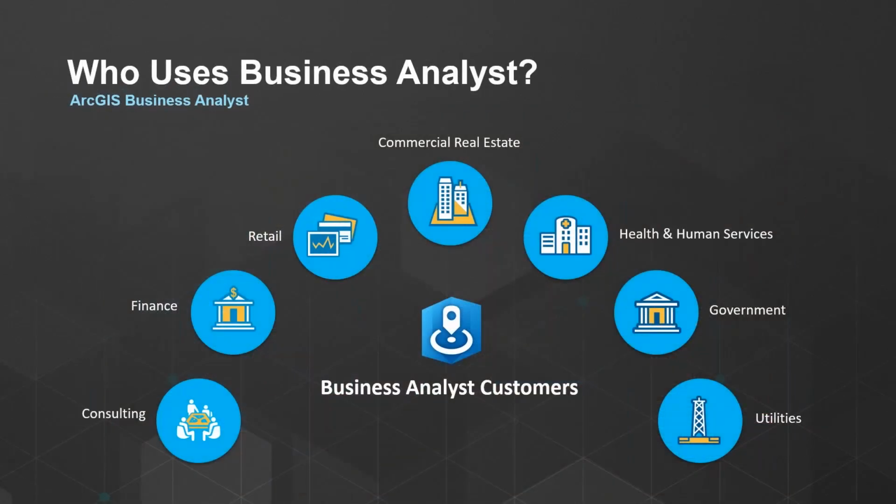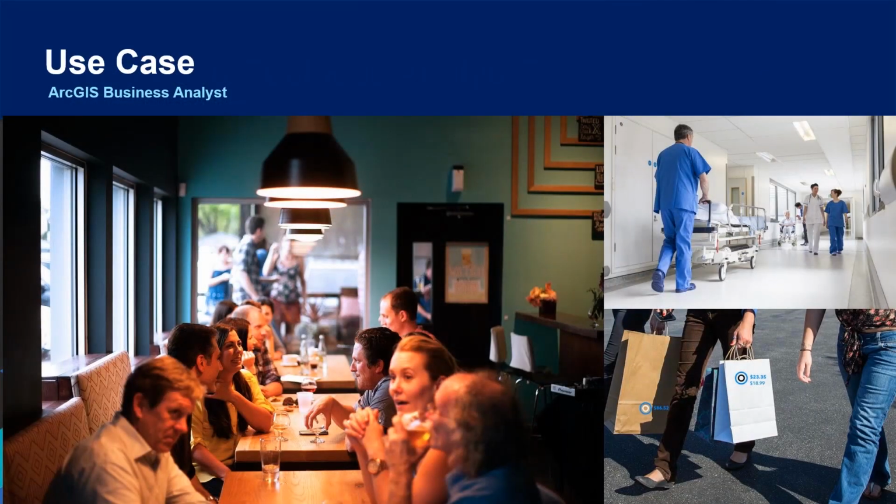These are some industries that have been very successful in utilizing Business Analyst. As you can imagine, some of the use cases that I can highlight for you here, especially for on-prem solutions, include retail, health, and finances. So for clients who have proprietary data that they mostly cannot share on the cloud, it's very important that you can take that data and analyze it within your own tool, within your own software. So if you have, for instance, patient data if you're in the health industry, or client data if you're in retail or